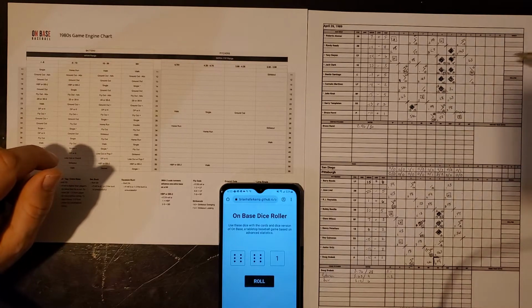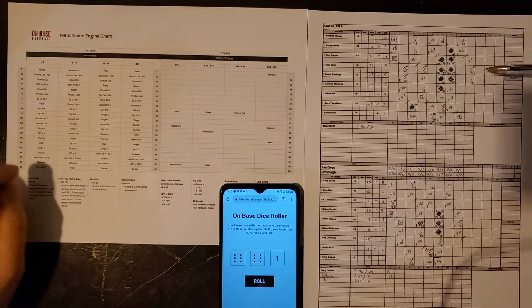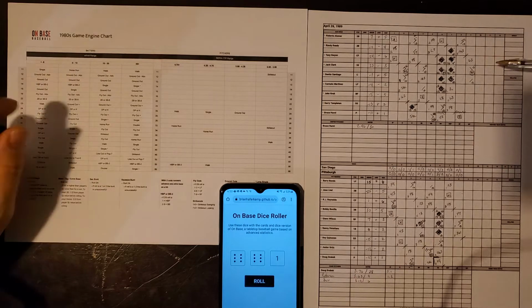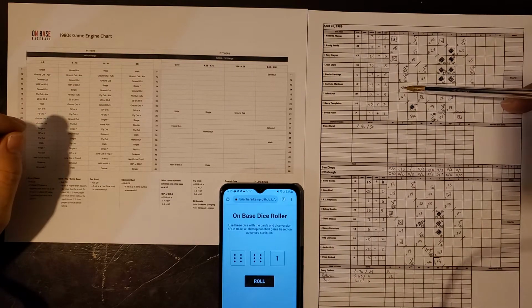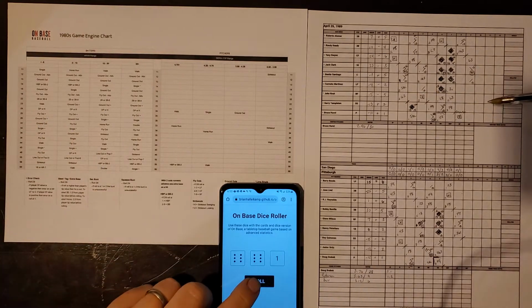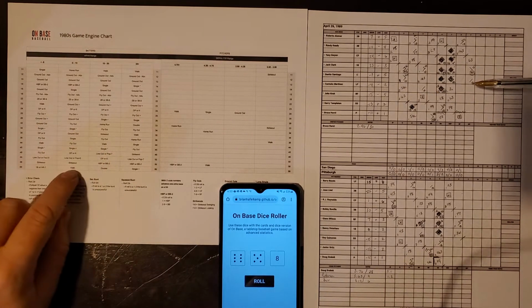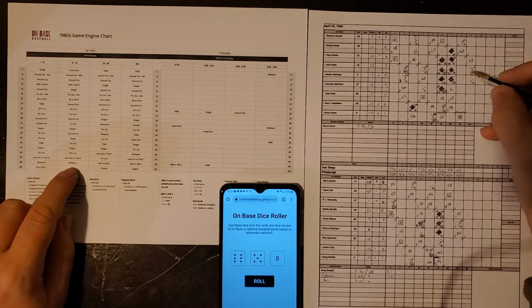And this is what happens when you roll the dice, right? He's got one little tiny opportunity for a home run. He just keeps hitting on it. And so it's going to be Carmelo Martinez now. He is a -4 batting runs. There's a 5-6, and that's going to be a strikeout looking